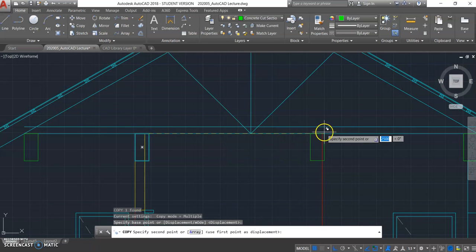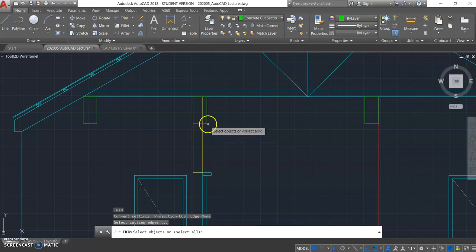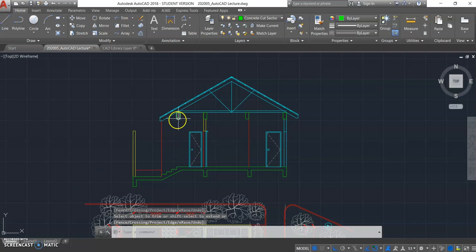And the next thing is that you need to hatch this one into the correct one. So you need to hatch this one into concrete. Okay, so this is a concrete item, so you need to hatch